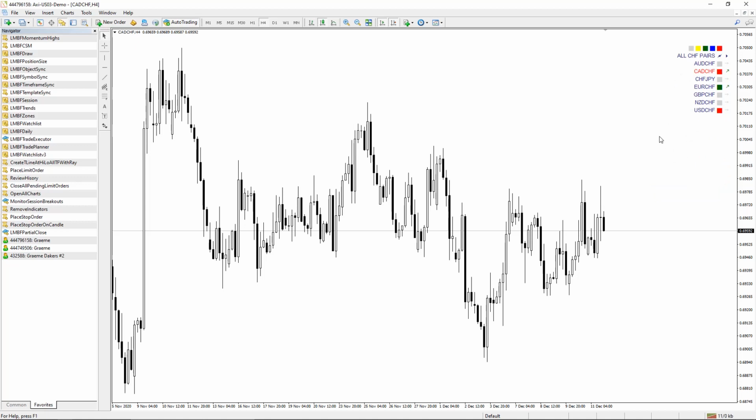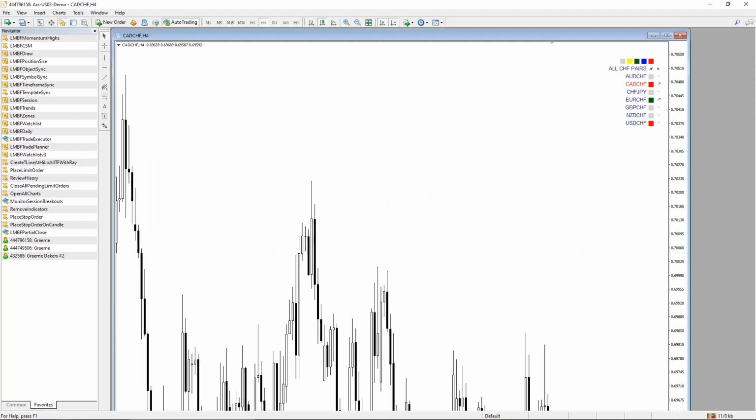The last thing I want to show you is how you can have multiple charts up, and these will synchronize across the charts. So you might have one for daily, one for 4 hour, one for 1 hour for instance, but I was going to do 2, so I'll just add in another chart,